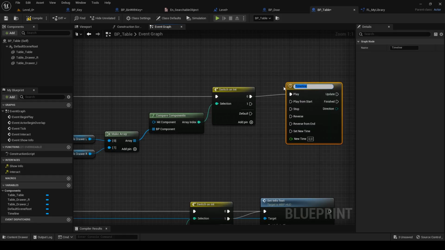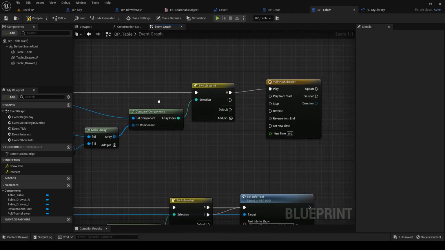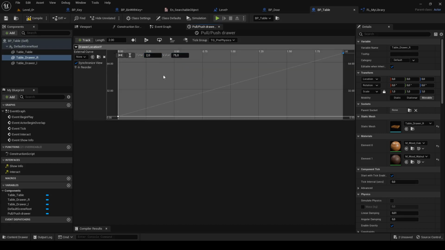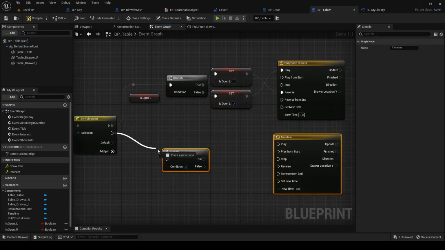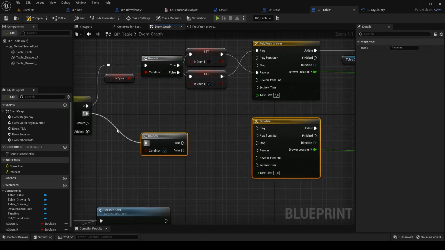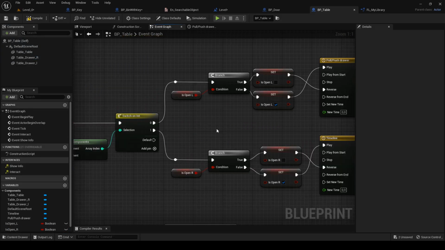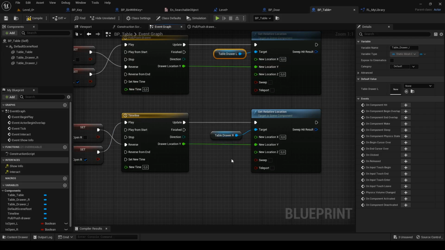Add a new timeline push/pull drawer and make track for pulling out the drawer. For knowing if you should open it or close it, I just quickly created if-else with booleans. Second timeline is just copy of the first one, because having one and do check switch drawer move in update would be more expensive.